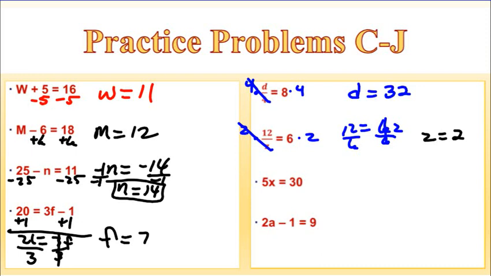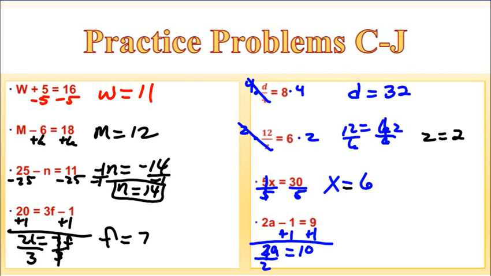Next problem: 5 times x equals 30. To get x by itself, divide by 5. Do that on both sides. X would equal 6. And the last problem: 2a minus 1 equals 9. I add 1 to both sides to get the variable by itself. So I have 2a equals 10. To get the variable completely by itself, divide by 2 on both sides. A would equal